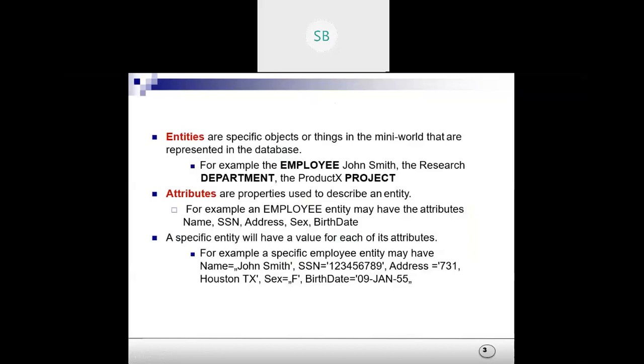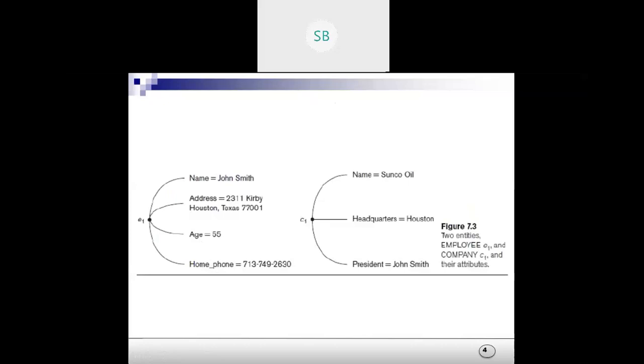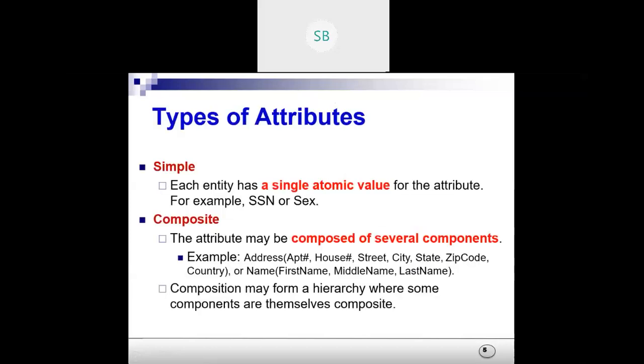What are the properties of the employee? It can be name, employee ID, date of birth. Whatever things we have listed are basically the attributes. Here you can see various attributes and the values for those attributes. It's just a kind of revision, so if we want to discuss it also, it's okay because we are aware of it. I don't know whether you have gone through the slides or not. Now let's discuss the types of attributes.